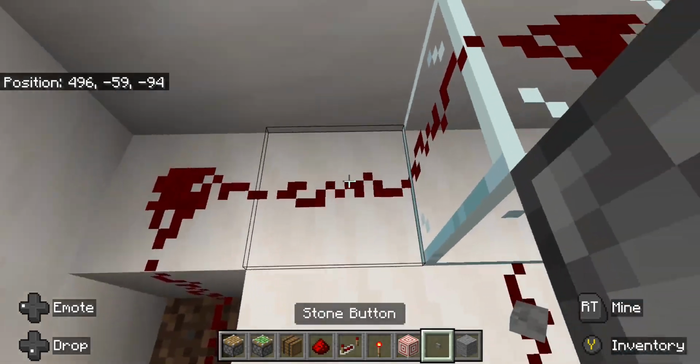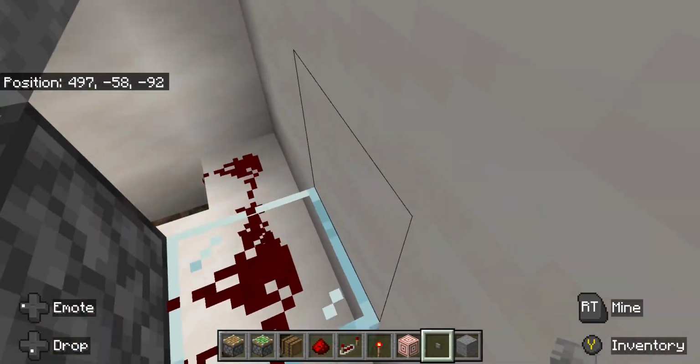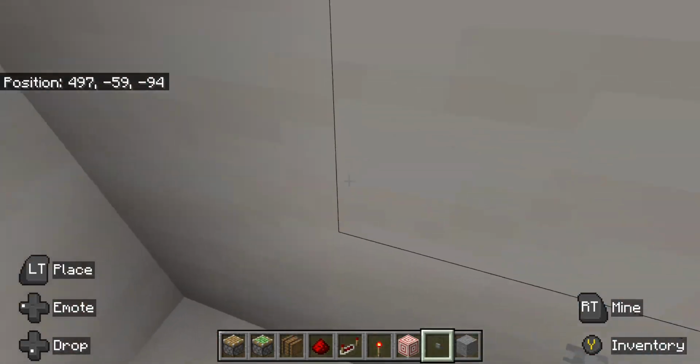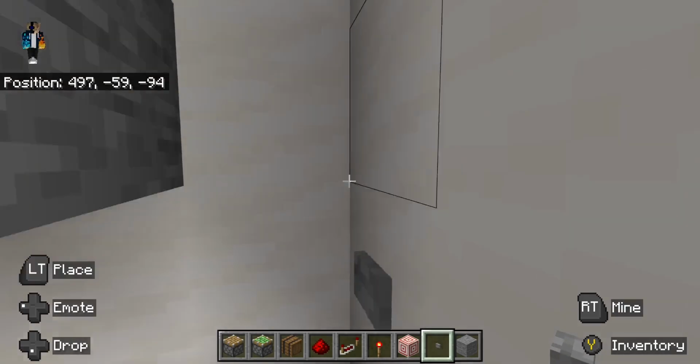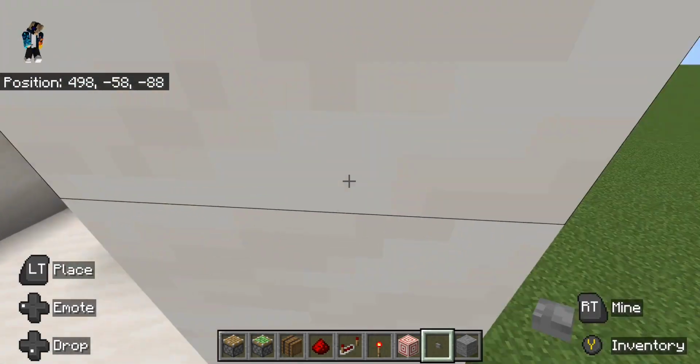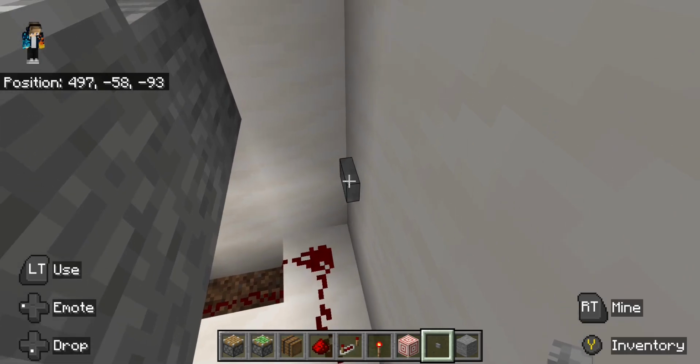put it anywhere on this back circuit. It has to be on this back line. It can't be anywhere else. It has to be on this back line. This first one is just going to reset it, and then